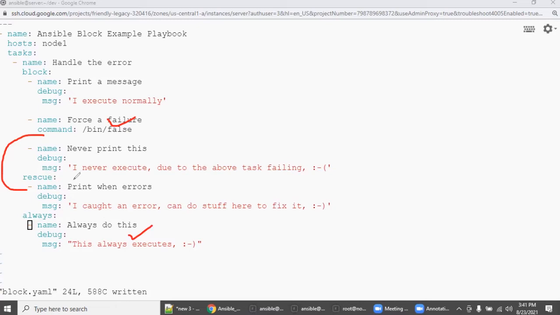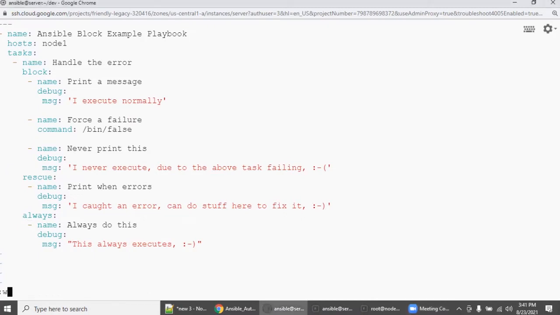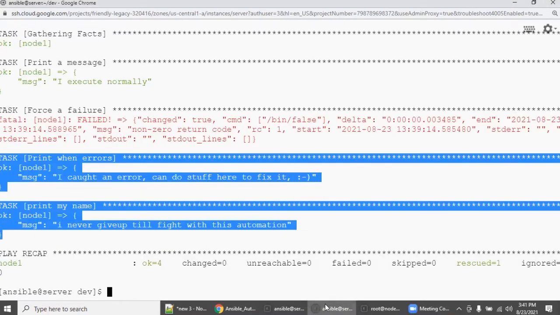Maybe some reporting mechanism, monitoring or alert, or a service restart, whether you have success or error, or some configuration backup, everything you can target in this always section. So let's clear it out, and I will make sure it got saved, and then go back to the other window.